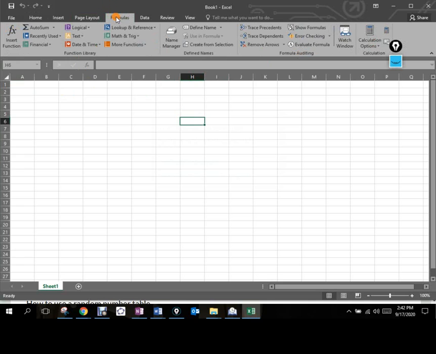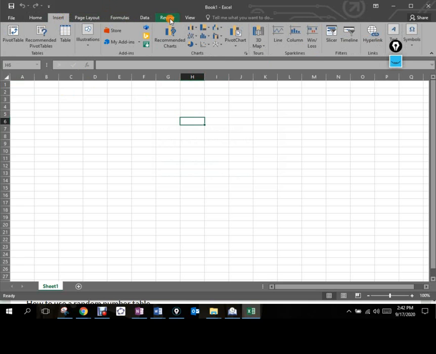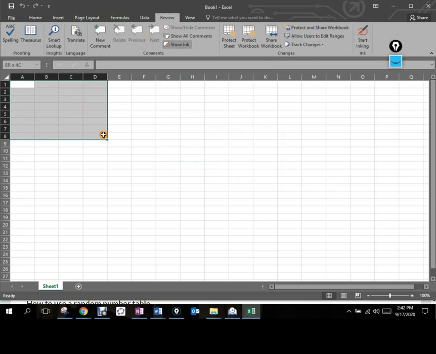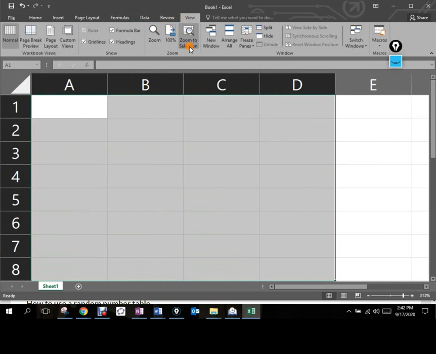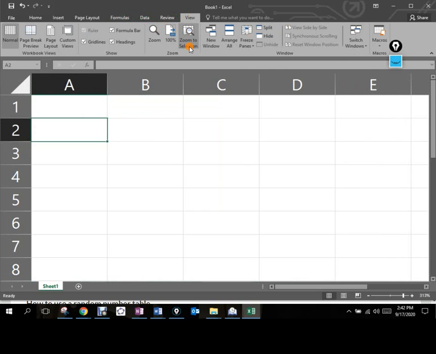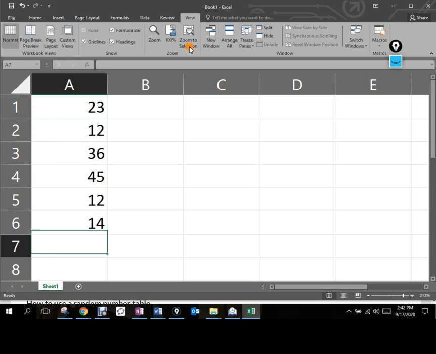Okay. So let's go to, I'm just going to view something here for you real quick. I don't know how experienced you guys are with Excel, but I'll give you some scenarios of some non-statistical features that Excel has. So let's say that we're going to add up your course grades, and we had all your assignments. Let's say that we got 23 points, 12 points, 36 points, 45 points, 12 points again, 14, 78, and I want to add all those up, okay?